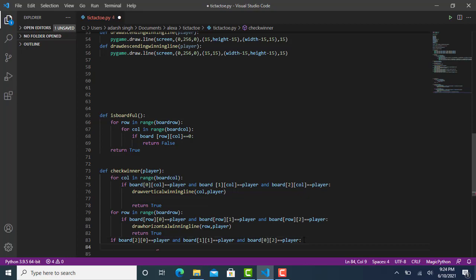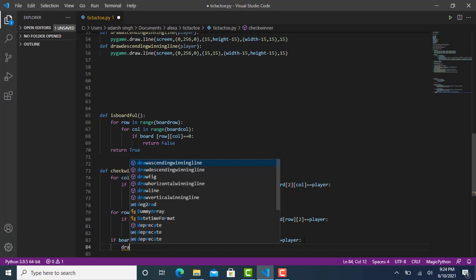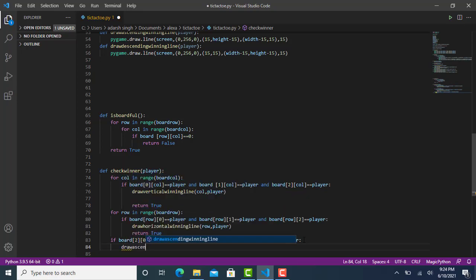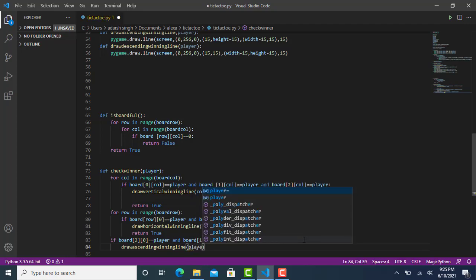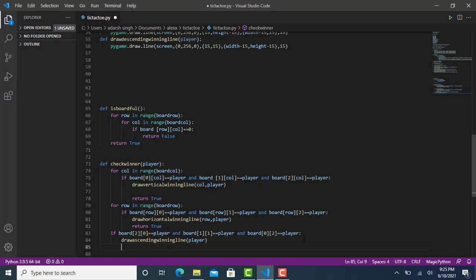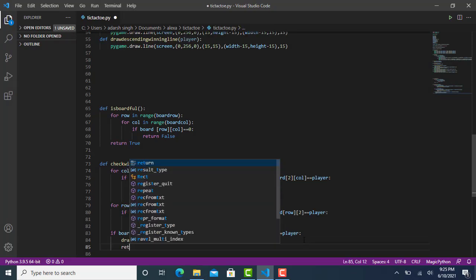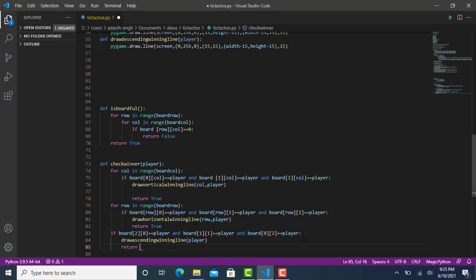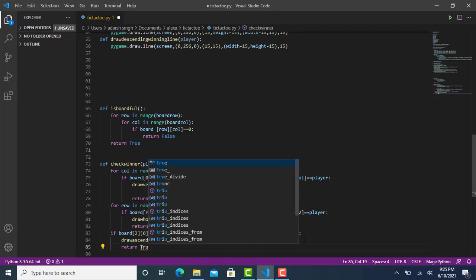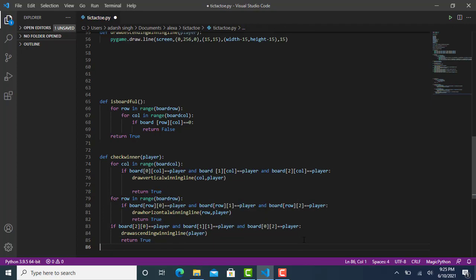and call our function draw ascending winning line with brackets, in the bracket type player, and just simply click enter, return true. Click enter and come back to the for loop, if board